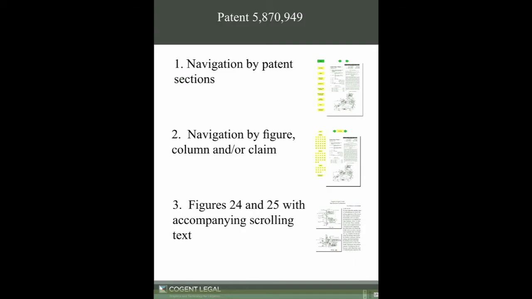Hello, this is Mike Kelleher from Cogent Legal, and what I'm going to show you today is a custom app that we created to show how you might browse a patent and provide information about a patent to a court or to a jury. So what I have here is we've taken this from patent